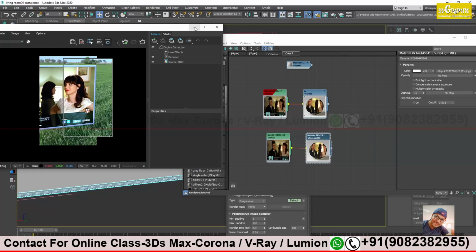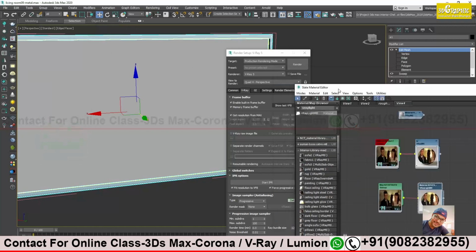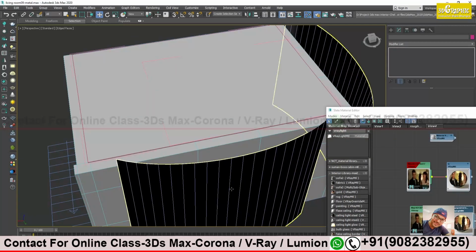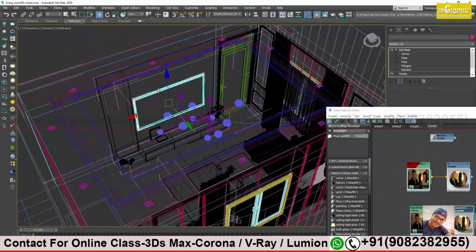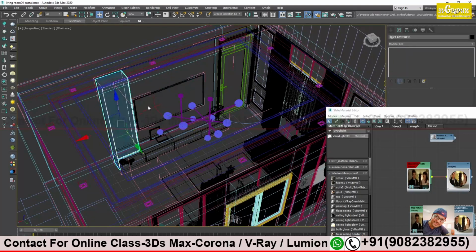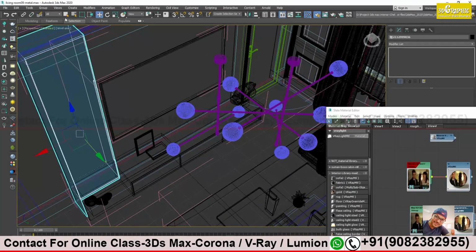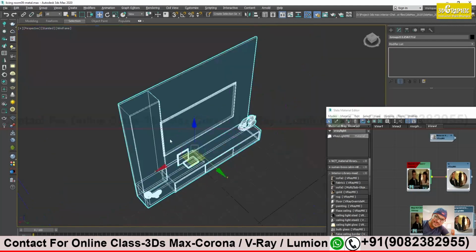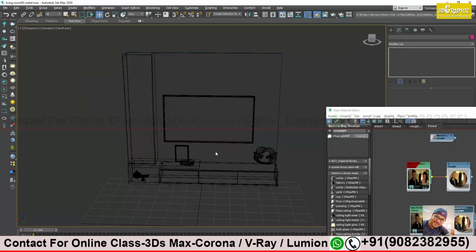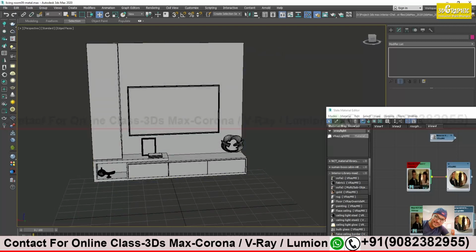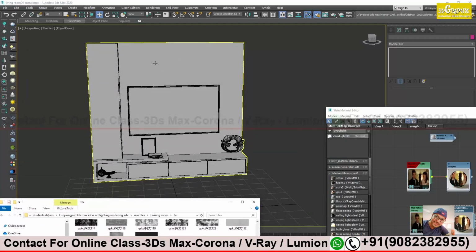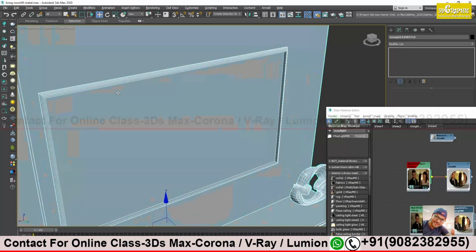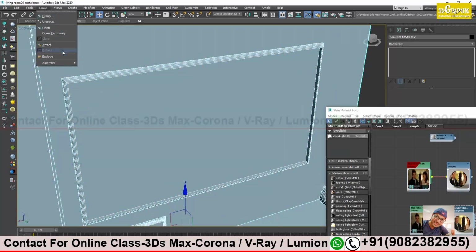Alright, so let's see what the other elements are. If you talk about the TV unit only, let's isolate the TV unit. Let's close this group and isolate this. And first let me bring the reference image. The outer frame we have to do now. Outer frame, this one. TV outer frame group, open.